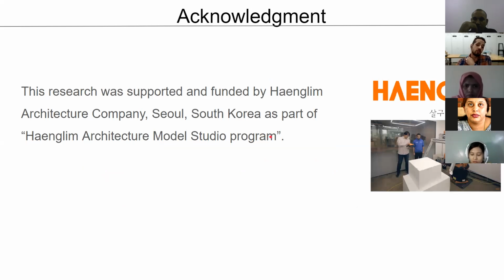And we have developed this model in the Ingram Architecture Model Studio program in collaboration